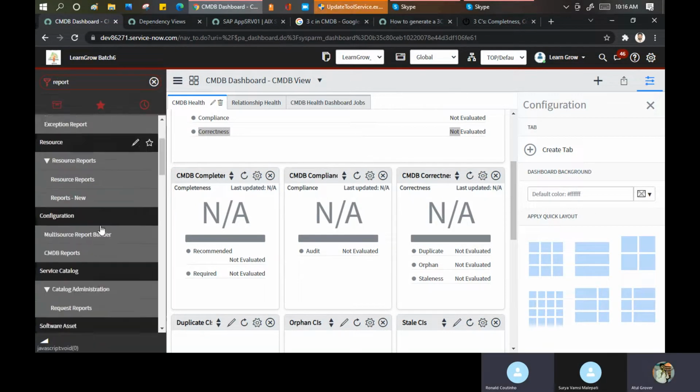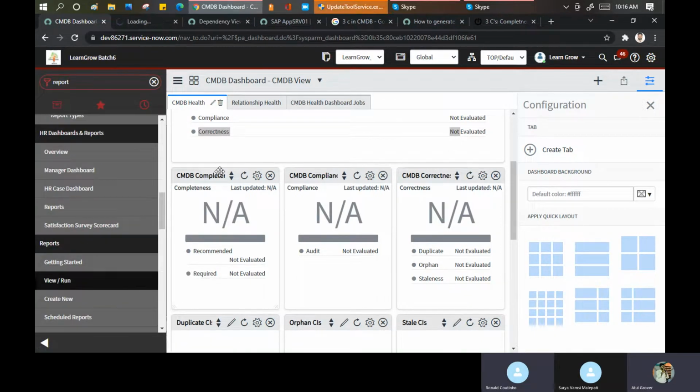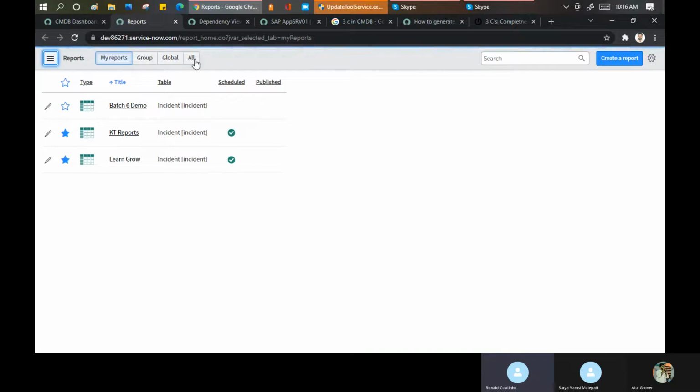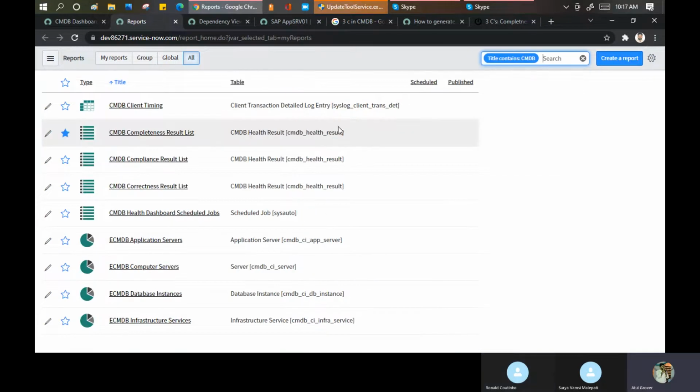I'm sure this is good for you, Ronald, because you just implemented it. Yes, generally we do these SLAs manually. I know this health dashboard can give a lot of information, but I have not personally used it. Let me see.